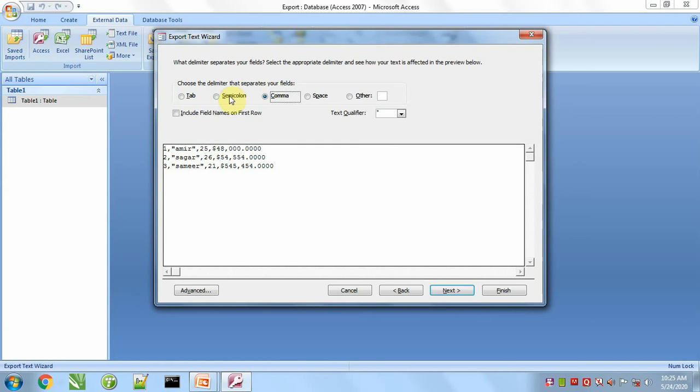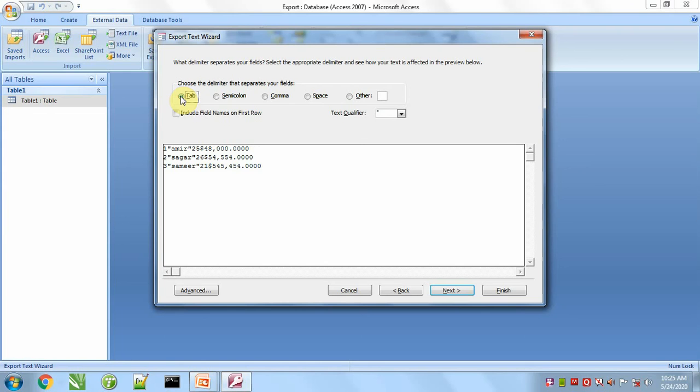If we remove this comma, then data will be separated by semicolon, comma, space. If we say other like this, all these will work as separator.